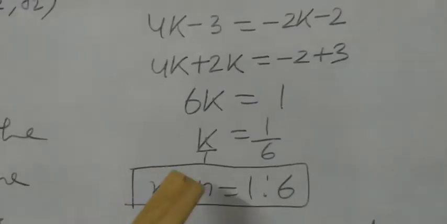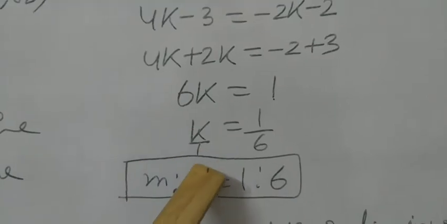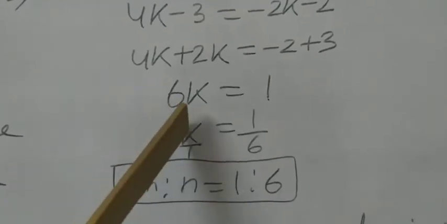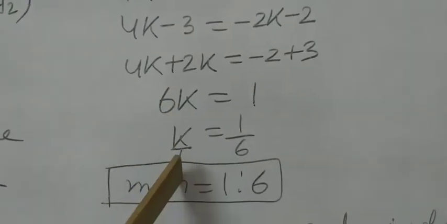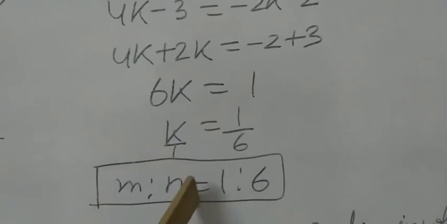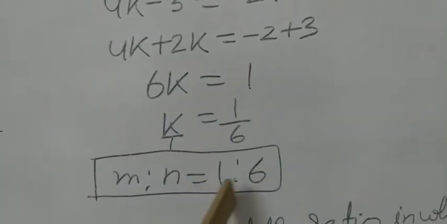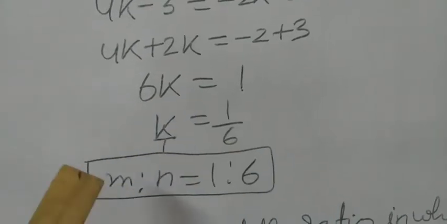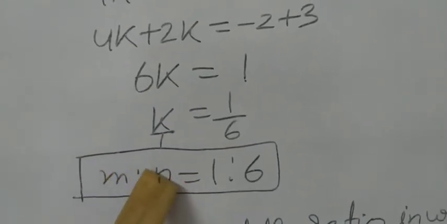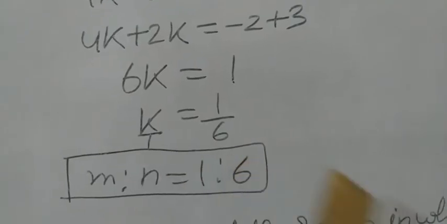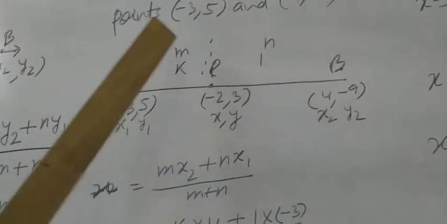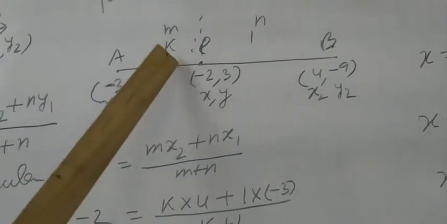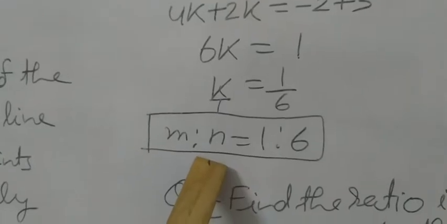So we can write 1 under k. Because it is m into n, m is to n. So we can say m is to n equals 1 is to 6. The k value will be the ratio, student. M is to n equals k, 1 is to 6, because we have supposed here k is to 1. So the value of k will be the answer, student, which shows the ratio m is to n equals